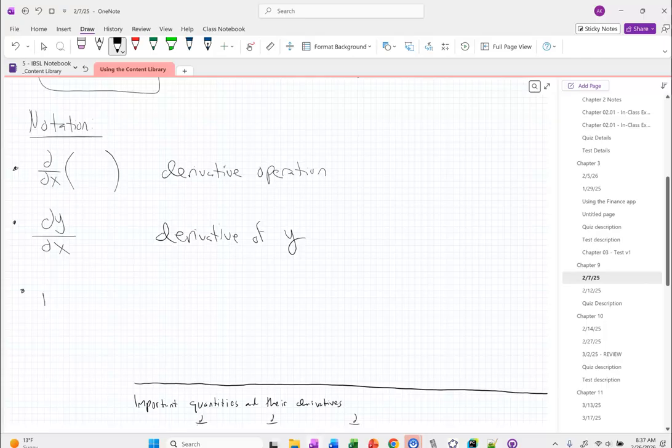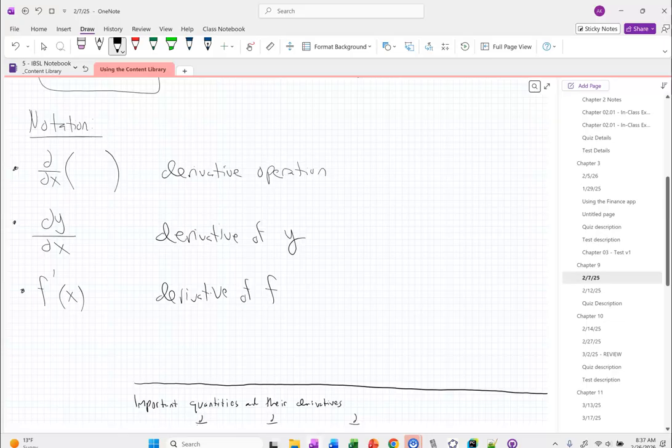Or the other notation that we might use is, if I have a function notation, if I put a prime on it, that's also going to mean the derivative of f. Okay, so just introducing some notation because we're about to give you some shortcuts on how to calculate these derivatives